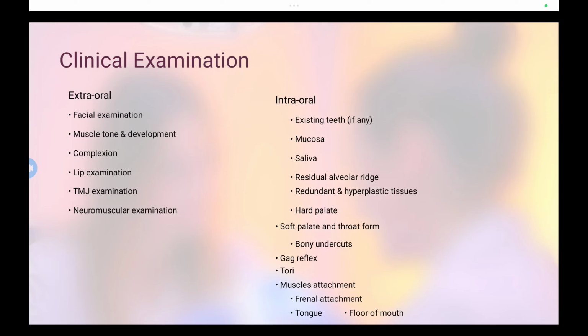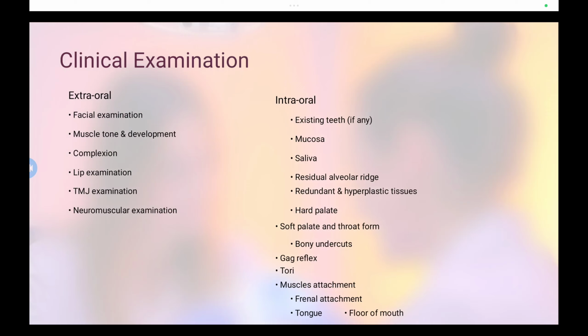TMJ examination. TMJ should be examined for range of movements, pain, muscles of mastication, joint sounds upon opening and closing. Severe pain in TMJ indicates increased or decreased vertical dimension. Next is the palpation of TMJ. We can palpate TMJ by lateral or posterior palpations. Lateral palpation involves light pressure on the condylar process with the index finger. Then palpate both sides. Register any tenderness to palpation of the joint and any irregularities in condylar movement during opening and